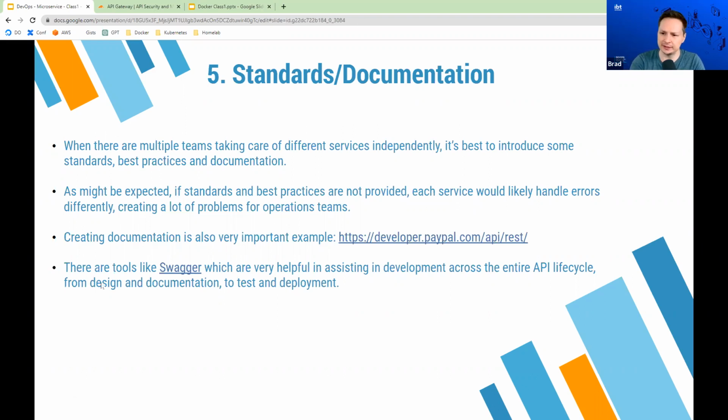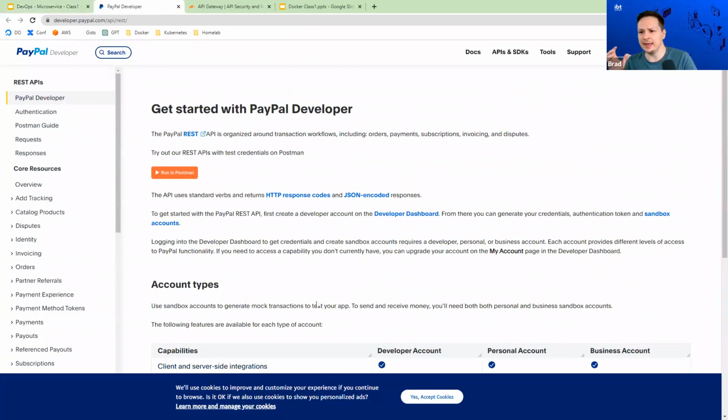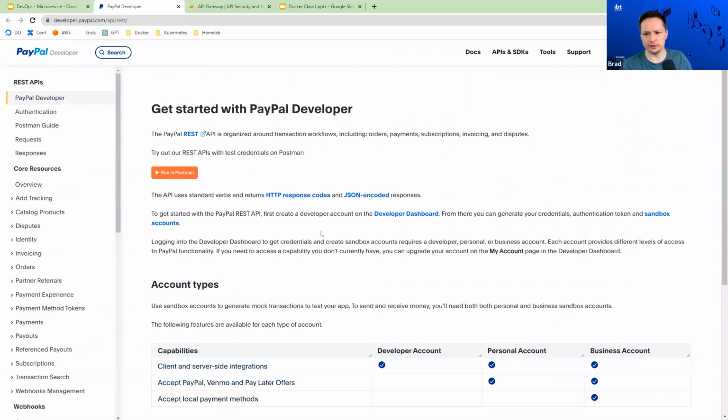And there's tools like Swagger that help us automatically document our APIs as we build them. Basically, we have our application, we can use something like Swagger, it reads our application code, and it builds documentation for us. And the documentation will look something like this example here. So I'm just going to open it up. And this is PayPal's documentation for using their API, right?